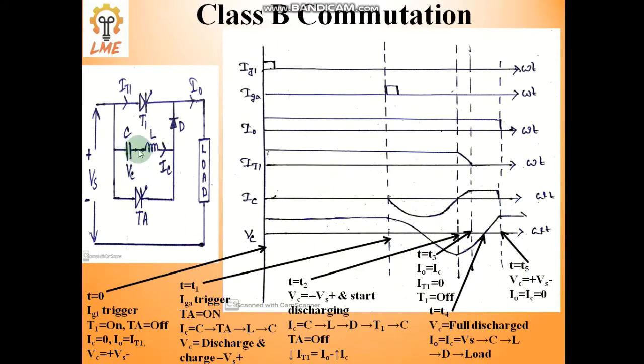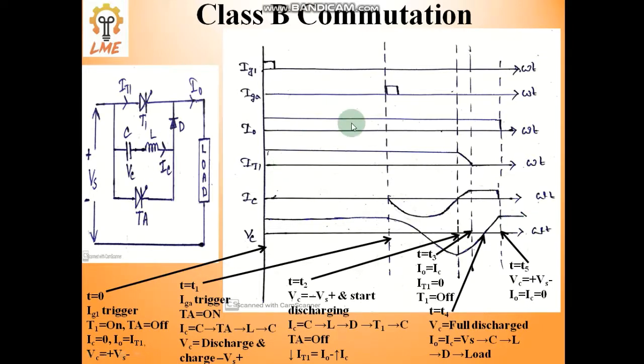When the capacitor is fully charged at t equal to t5, the output capacitor current goes to 0. This thyristor is off, and this capacitor is fully charged, which also acts as an open circuit, and this thyristor was already off in the t2 time period. So these three are all off. Then the output voltage goes to 0 and the capacitor current also goes to 0, and the capacitor is fully charged with the right plate negative and the left plate positive, as in the first state. So now it's ready for the next commutation process.